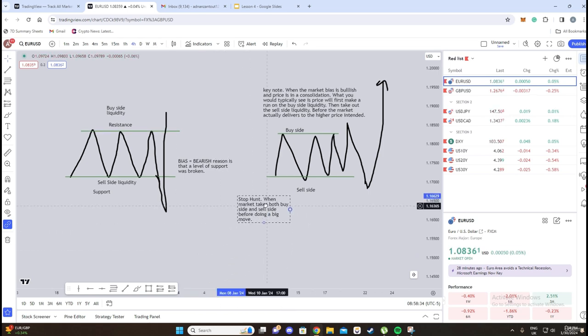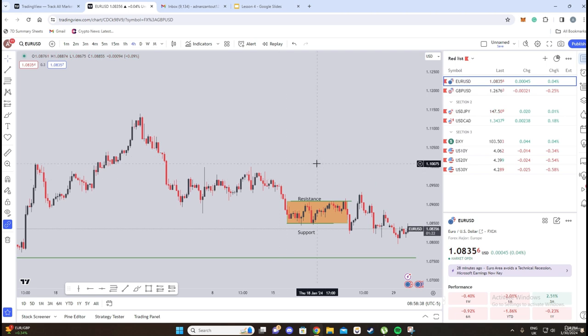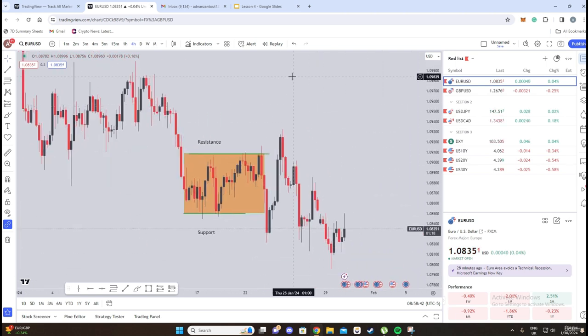Okay, that's enough yapping right now about support and resistance. Let's go back to our main point, which is accumulation in the charts. And as you can see here, the same thing is happening, which is happening here. Look,